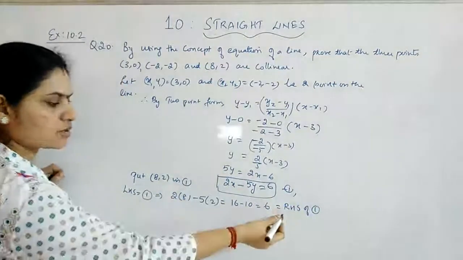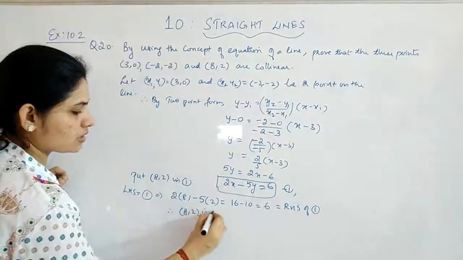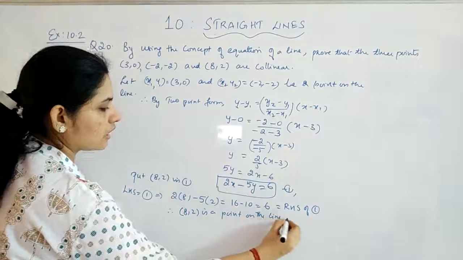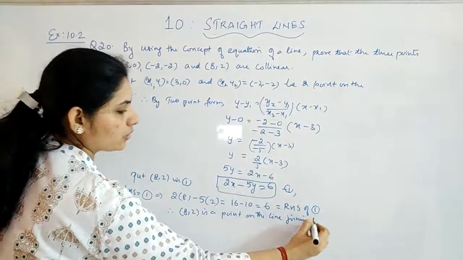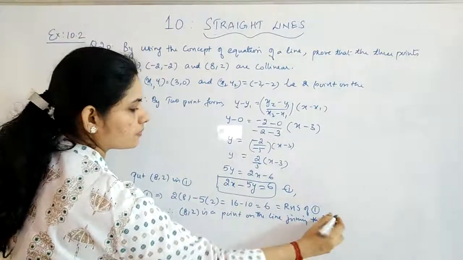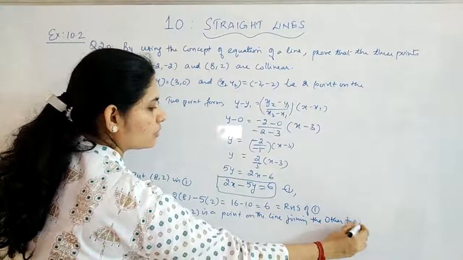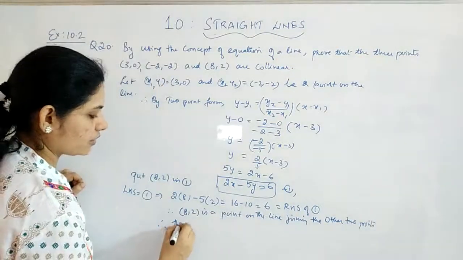So you are getting LHS equal to RHS, that is, (8, 2) is a point on the line joining the other 2 points. Therefore, the 3 points